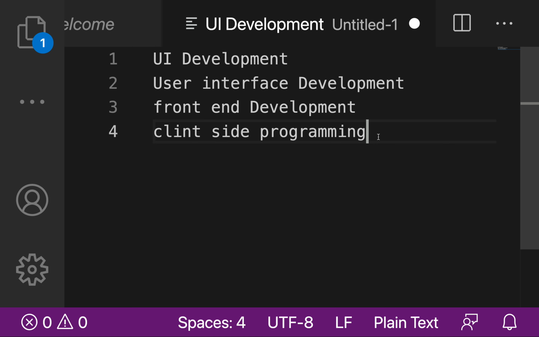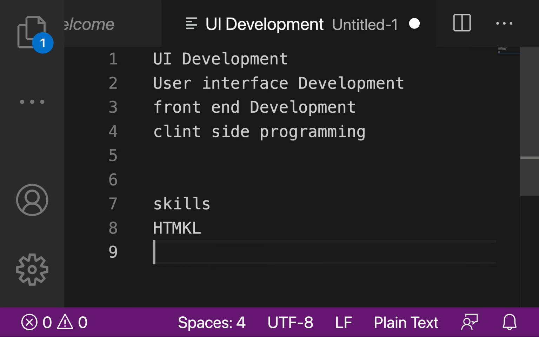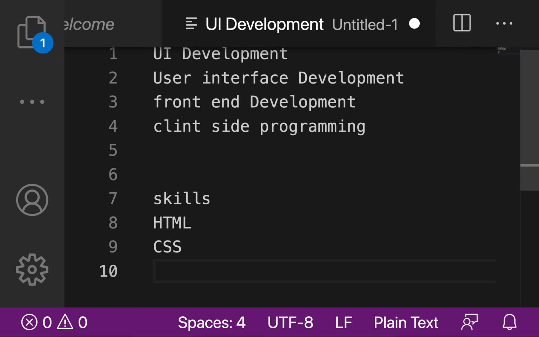Now we'll see what are the required skills for UI development. Skills required: HTML, CSS, JavaScript. These three are the essential skills for learning UI development or front end development.